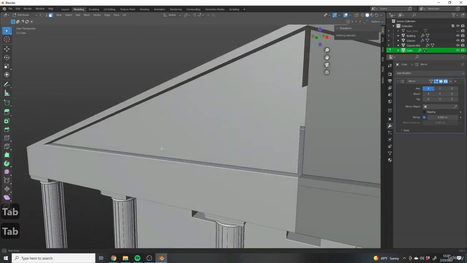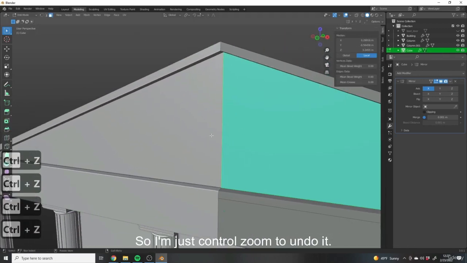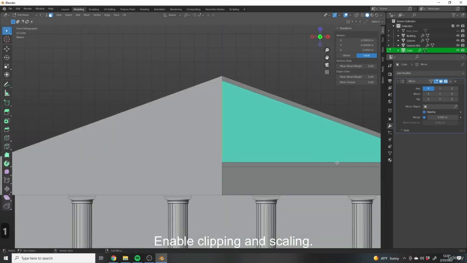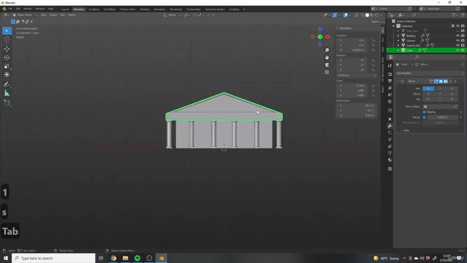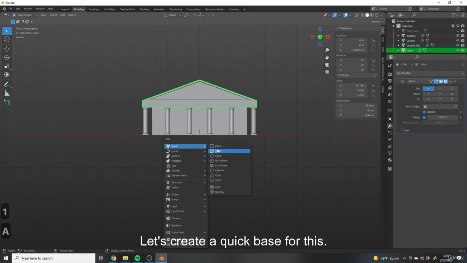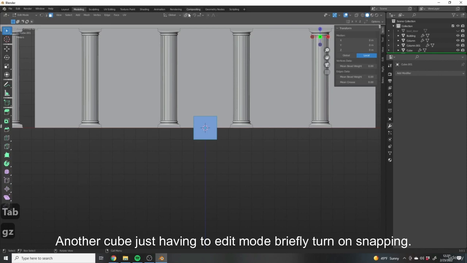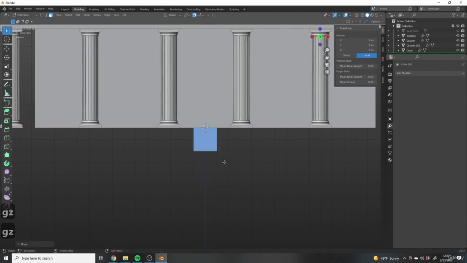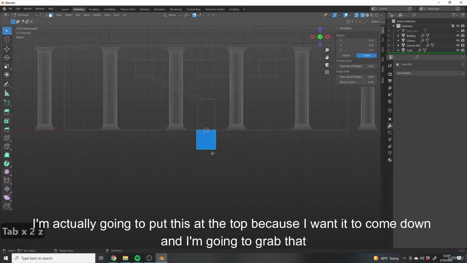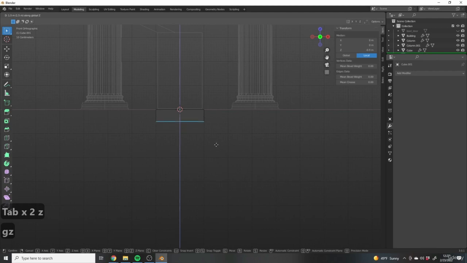Oops. And I did not have clipping turned on for this, so it created a hole. So I'm just Control-Zing to undo it, enable clipping, and scale it again. Cool. Let's create a quick base for this. Another cube. Going to tab into edit mode, briefly turn on snapping. I'm actually going to put this at the top because I want it to come down. And I'm going to grab that and make it, oh, I don't know,